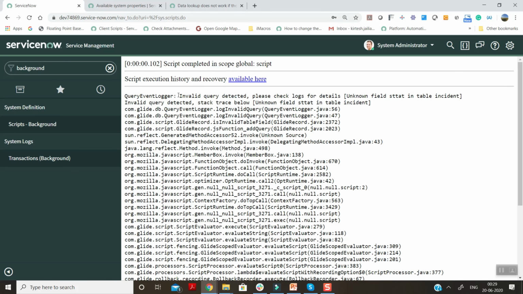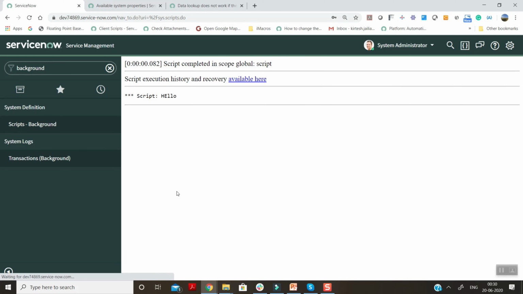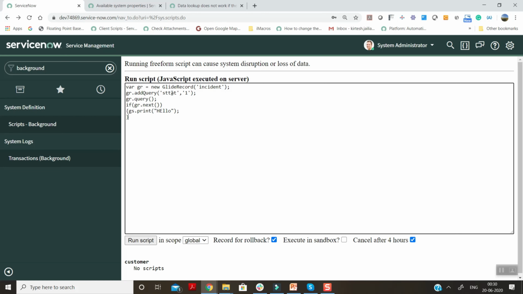Oh, it is saying that invalid query detected. Okay, no issues. I'm going back and again running the script. Oh, this is something amazing. I'm getting the result. Oh my god. So let's change this add query to add encoded query and see whether this will work or not.